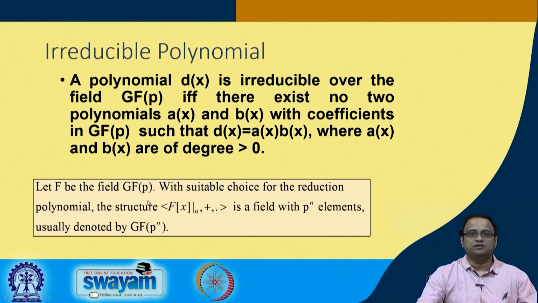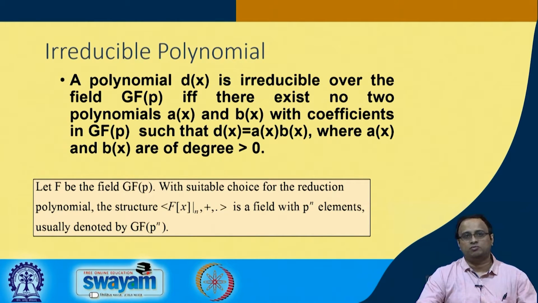So, therefore, if your field is GF(p), then with suitable choices for this reduction polynomial, that means if the reduction polynomial satisfies this property of irreducibility, then I get a field. So if this particular polynomial satisfies the property of irreducibility, then finally I get a finite field which has p to the power of n elements. p is the characteristic of the field and n is an integer defined by the degree of my irreducible polynomial. For example, if the degree of my irreducible polynomial is, say, m,